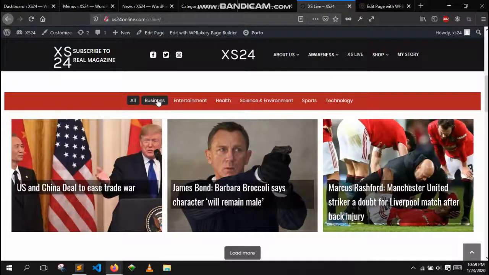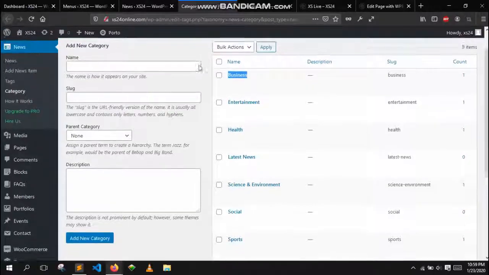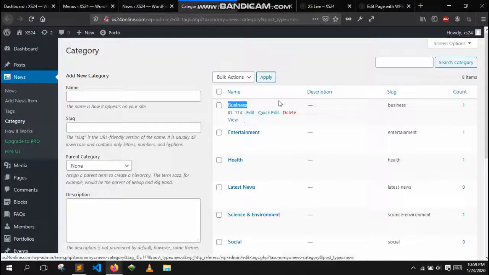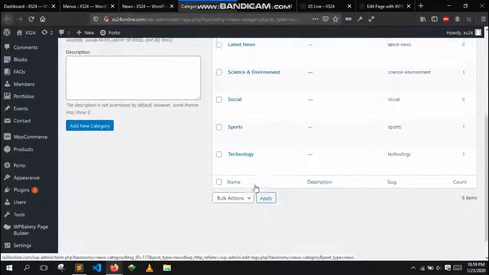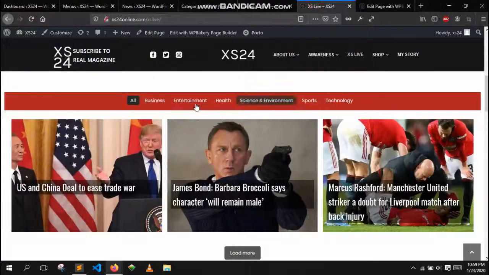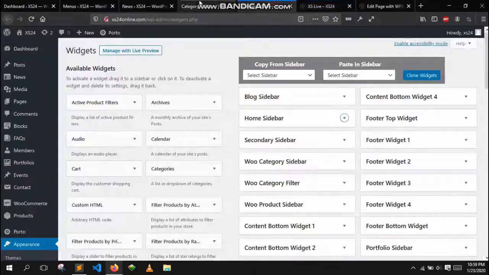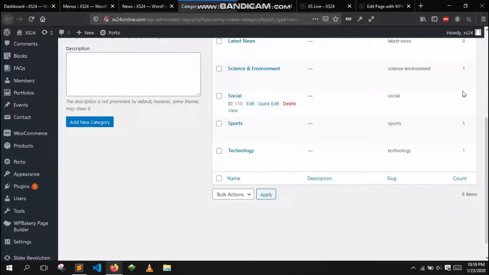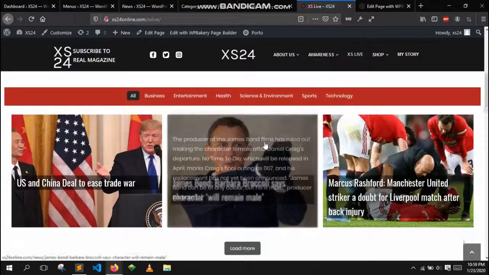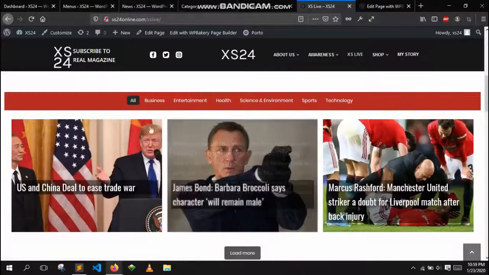Okay, so these are the categories that are being displayed here. If you go to the categories page in news category, these are all the categories that we have, and it's being displayed right here. The categories which do not have any post, for example social, currently does not have any posts, so it's displaying 0, and hence it's not being displayed over here. Okay,